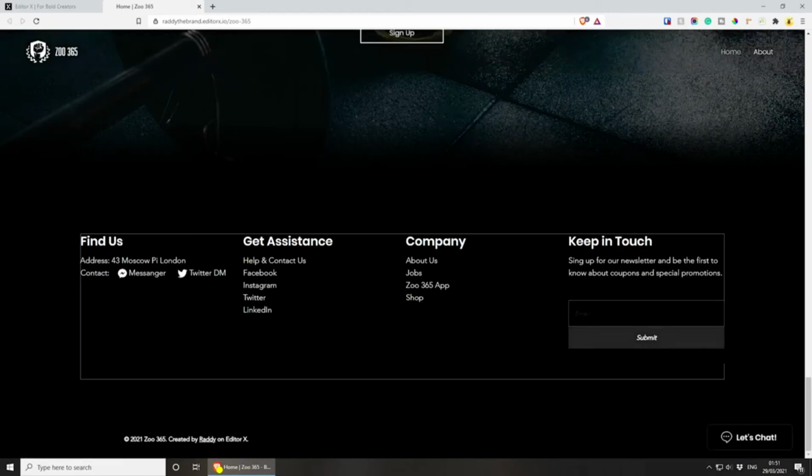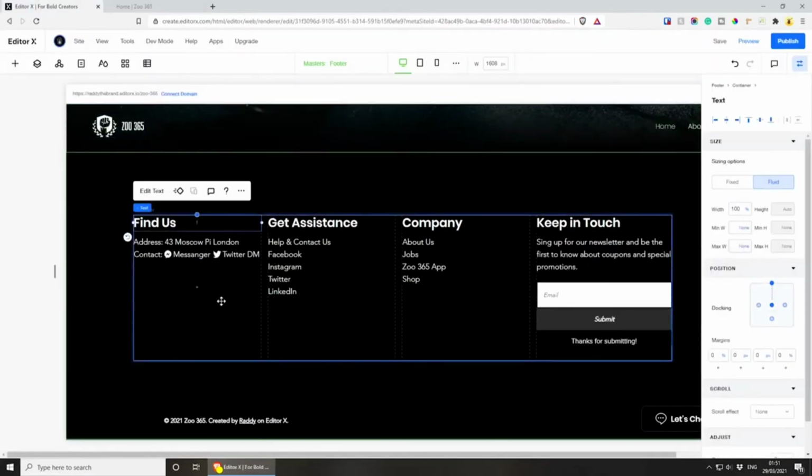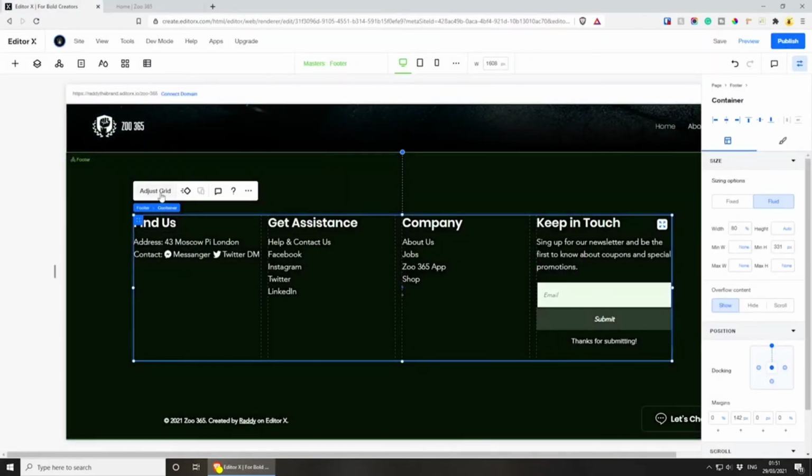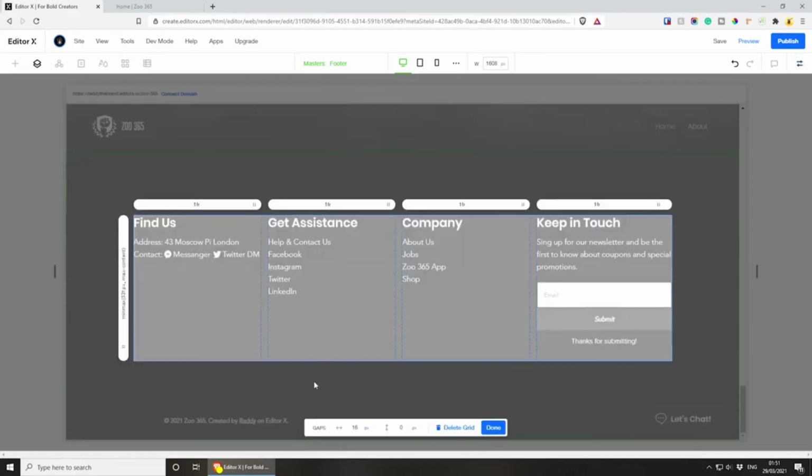This form should be working, but as you can see, the hover effect isn't so great, so I'm going to have to change that as well. But yeah, potentially a little bit more space between them. So let's click on the actual container, go to adjust grid, edit grid, and I'm going to say, I don't know,